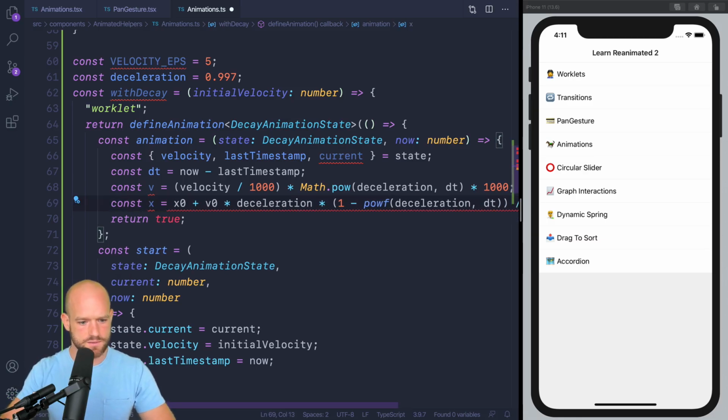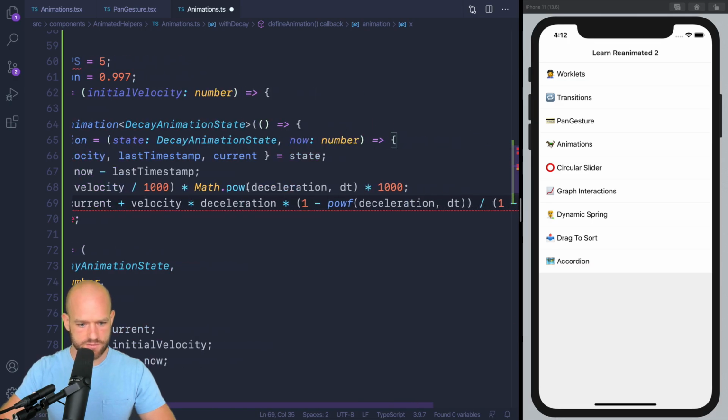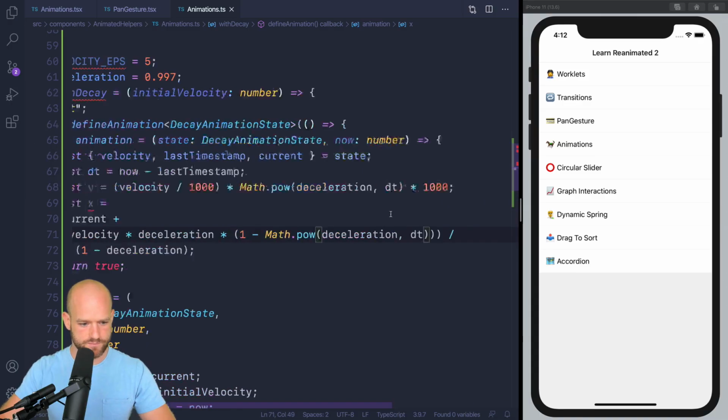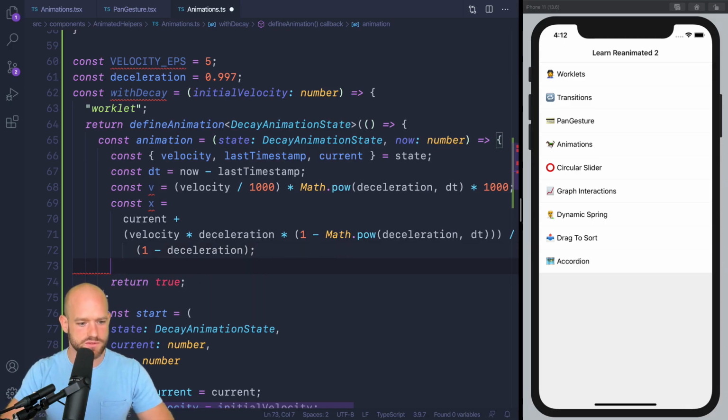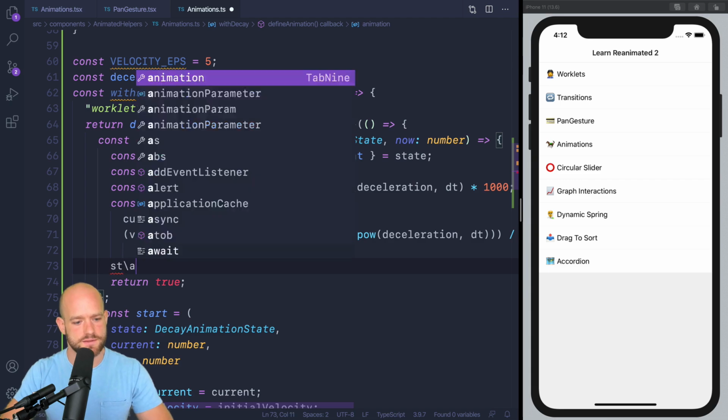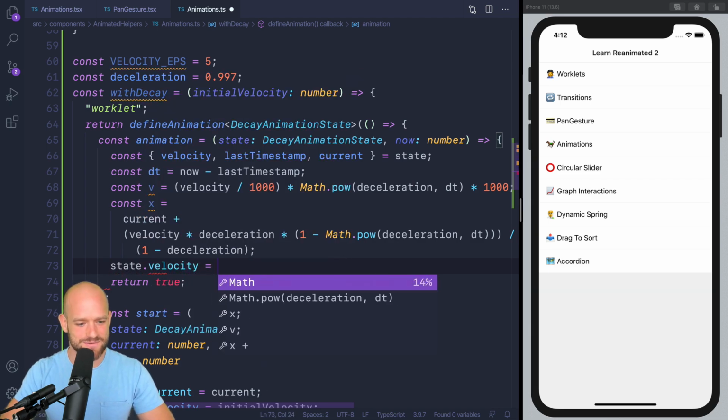So x equals current, v0 is velocity, deceleration we have, this is Math.pow. Perfect. And so now we can assign the new values to the state. So that would be state.velocity equals v,